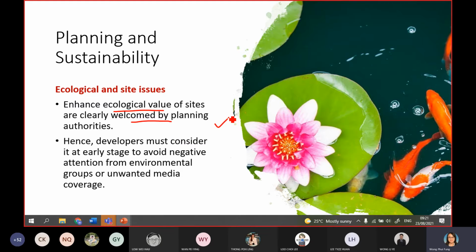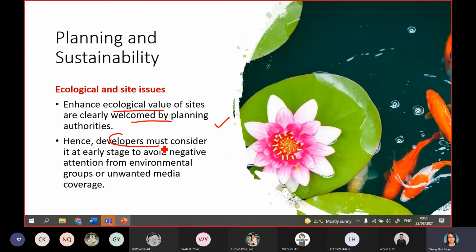Do you still recall what I said? The first thing when they kickstart a new property development, they need to apply for planning approval from the local authority. If the ecological value appears on that piece of land and you destroy it, then sorry to say, your planning approval should fail lah. Because if you enhance or protect it, the chances you get the approval should be higher.